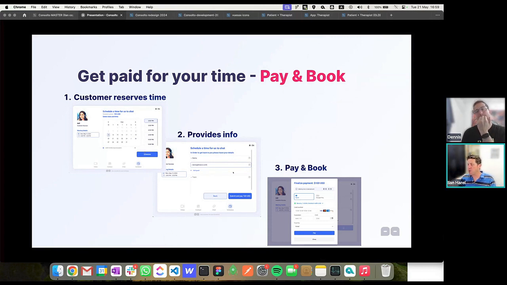Okay, so the question from Rami is, we charge $1, but I see in my account 0.95 or 95 cents. Why is that? So the reason is Consolto is taking 5%, out of which around 4.3 percent goes to Stripe, the payment gateway in this case, and the rest goes to Consolto, which is about a few cents. So that's the reason.